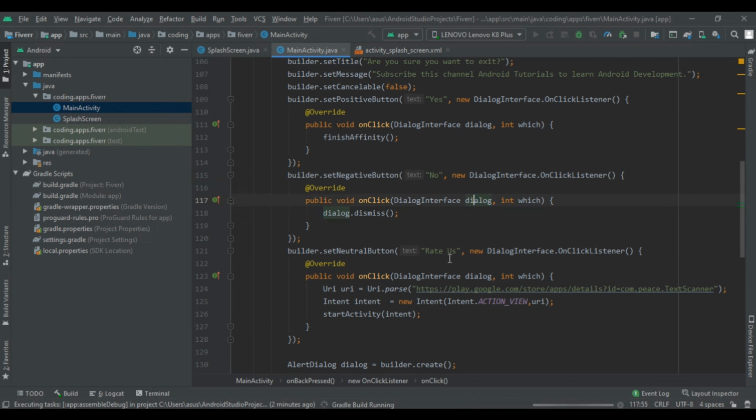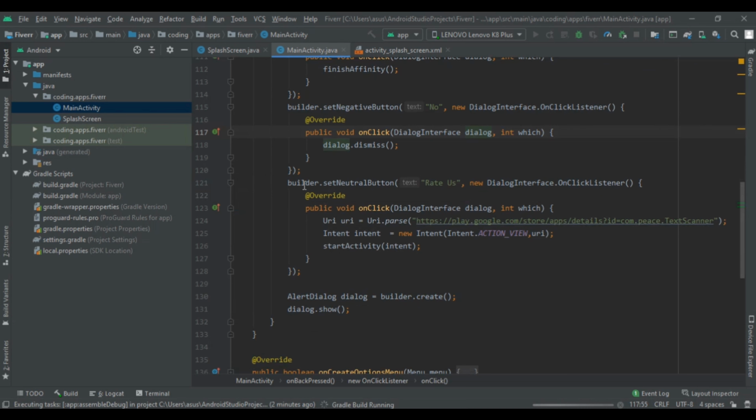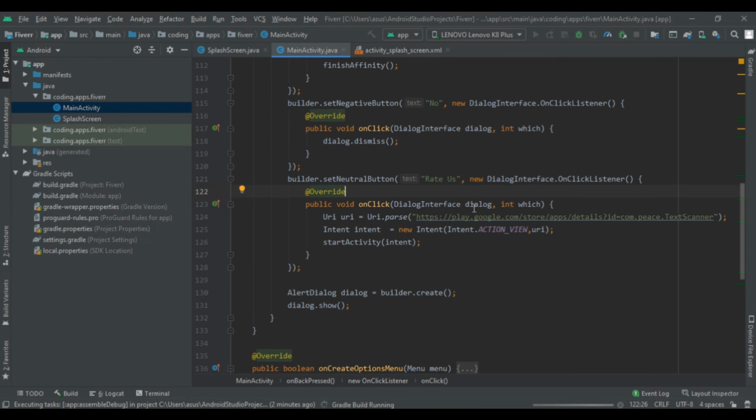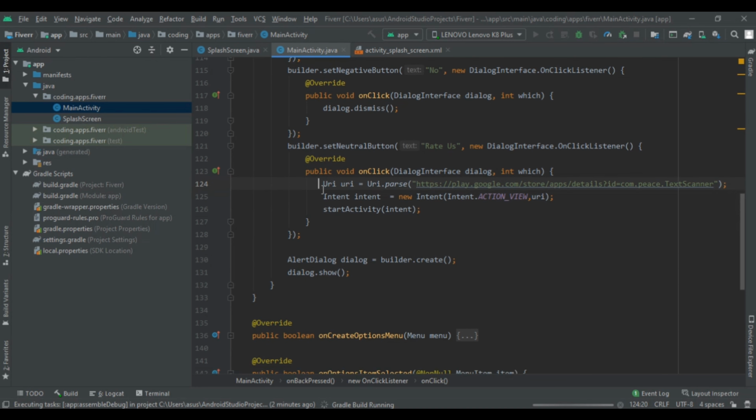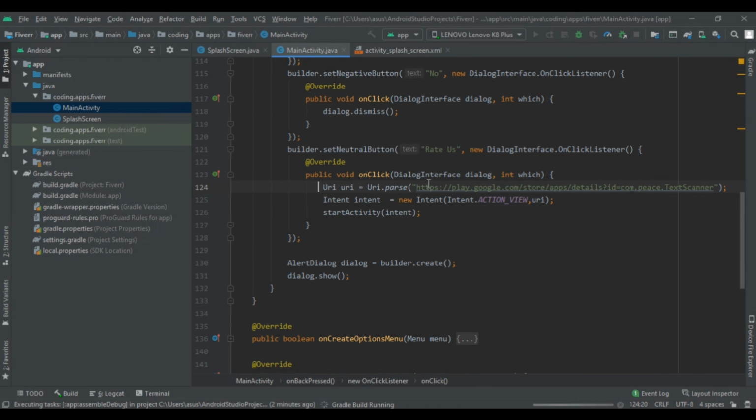After that we had created the rate method. So in this, if the user clicks on the rate button, then we had started a new intent using Uri.parse. So Uri is equal to Uri.parse.